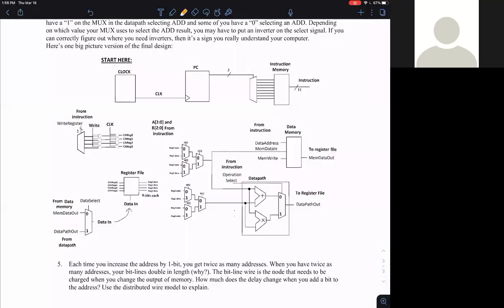Okay, so for the first part, we're gonna start from the PC, and we can see here that the clock is fed into the PC, and here the PC is an FSM that uses both combinational logic and sequential logic to count up from 0 to 7, and the output of the 0 to 7 is a 3 bus, and then this is fed into the decoder over here, such that the 0 to 7 3 bus is converted